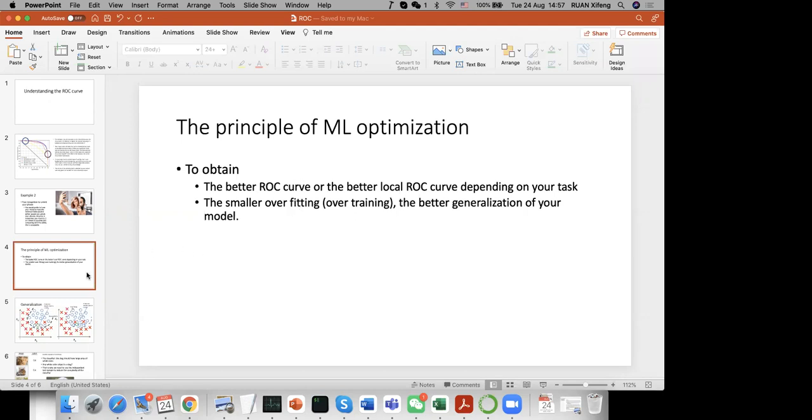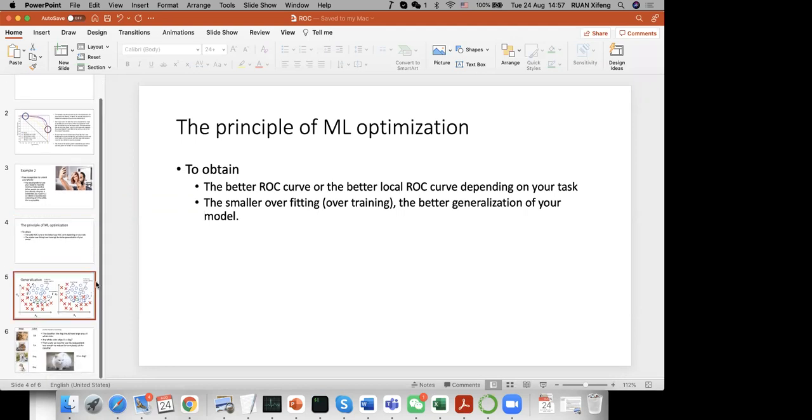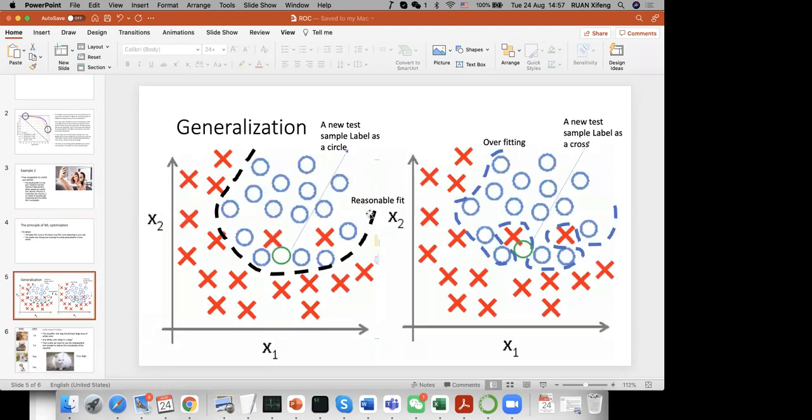Okay, then the last thing is about overtraining, just to emphasize again what overtraining means. For example, to split the circle and the cross, you can do the first model, which just draws a line, this black dashed line, this way. We can say that this is a reasonable fit, also a reasonable model, but it falsely categorized the cross to be in the circle region. So this is some kind of confusion, as we have mentioned.